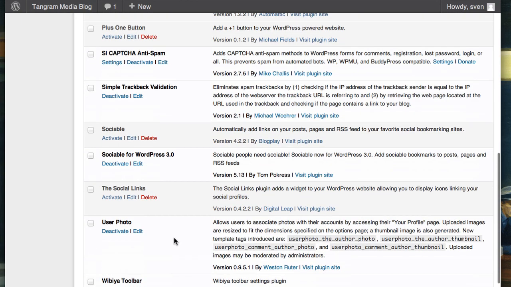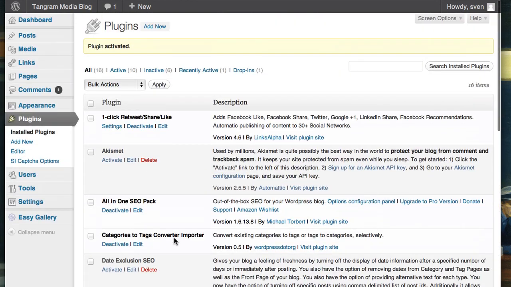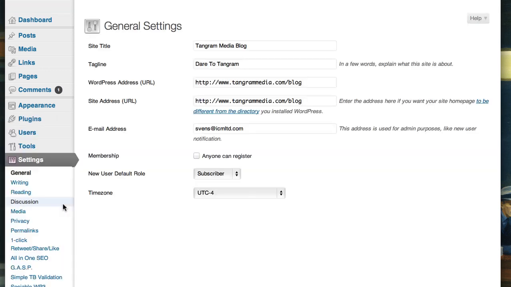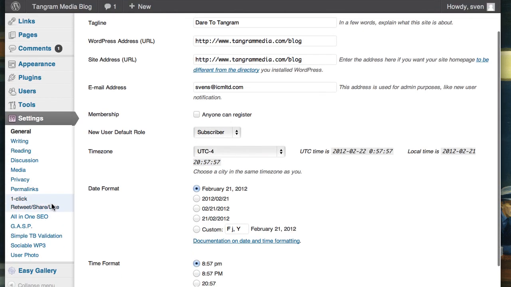Okay, so let's see where else we find them. I just talked about SEO capture options appearing here. Sometimes they are in the settings. So if I click on settings, you will see here one-click retweet, share. We saw that one before, the All in One SEO, GSAP, and so forth. Use a photo, and sometimes they will appear down here, like that Easy Gallery that I've just had, and that's